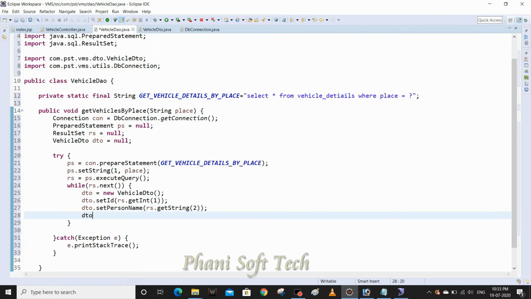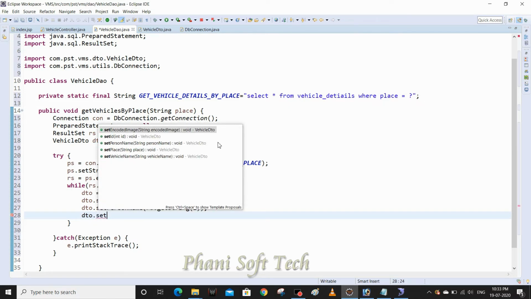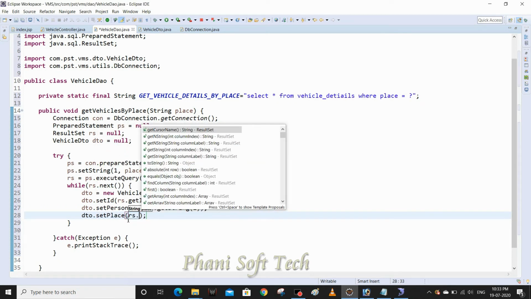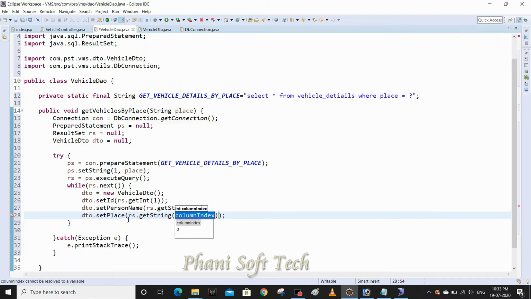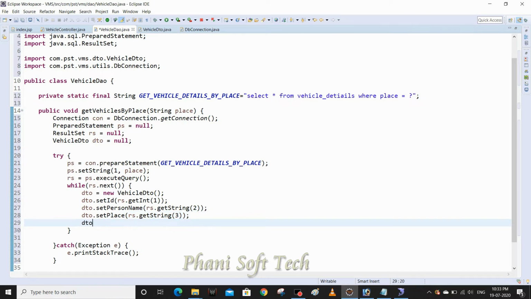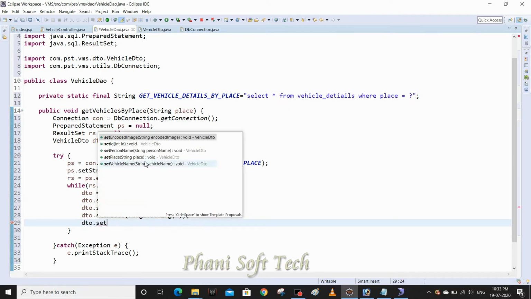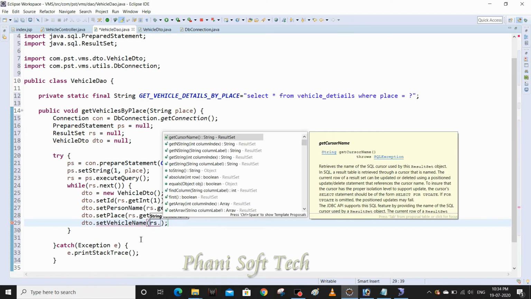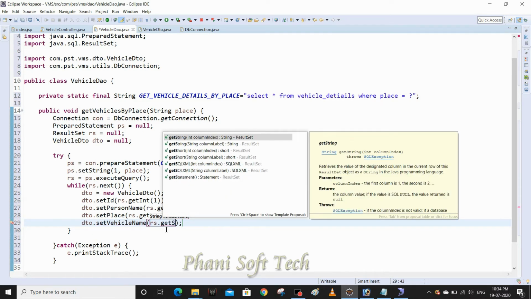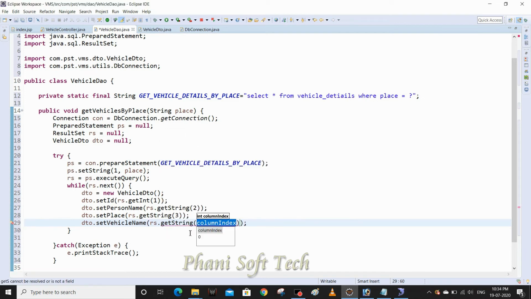DTO dot set, the third one is place. So resultSet dot getString of 3, third column. DTO dot set, after place we have the vehicle name. So rs dot getString, column number 4. Okay, so that is the final column.